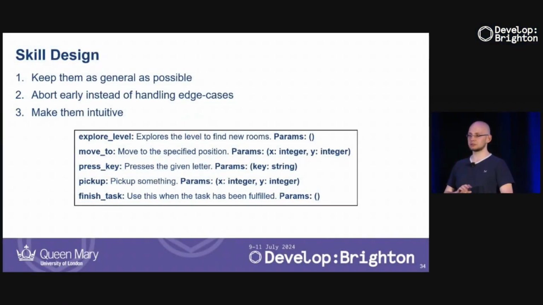Quick question. Are you mapping phrases to the skills? Like move to is mapped to the move to function? Or can you say bring yourself to the fountain and it'll work just as well? Could you repeat the question? Essentially what I'm showing here is that I have the skills, it tells you what the skill does, and then it has the parameters. This is everything the LLM gets access to.